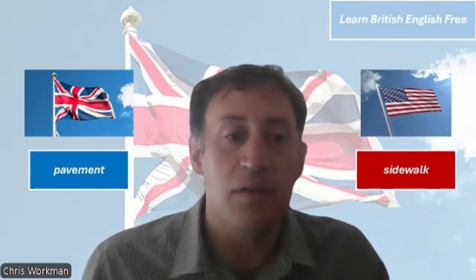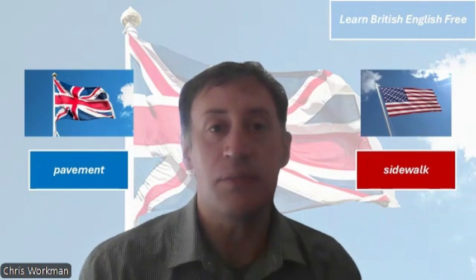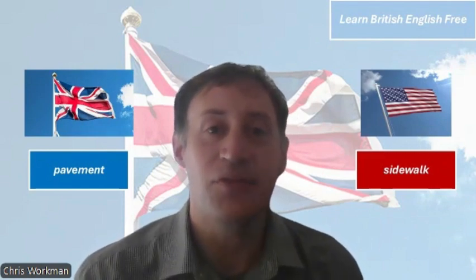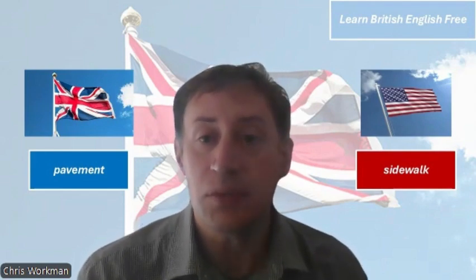Next, let's talk about pavement or sidewalk. I have another photo to show you, again, so we can be clear. In the UK, we call that a pavement. People, pedestrians walk on it at the side of the road. Why is it called a pavement? Of course, it comes from the French language many hundreds of years ago. At least that's what my research has told me. So pavement comes from a similar French word. The US word sidewalk is very literal because you walk by the side of the road.